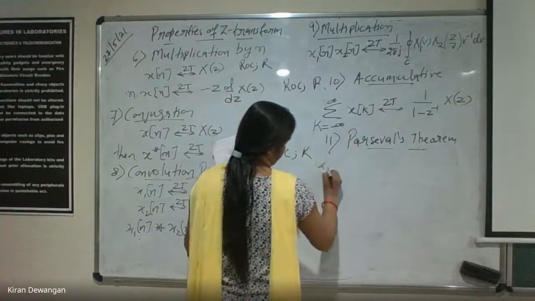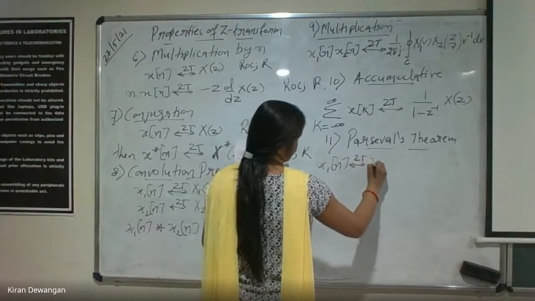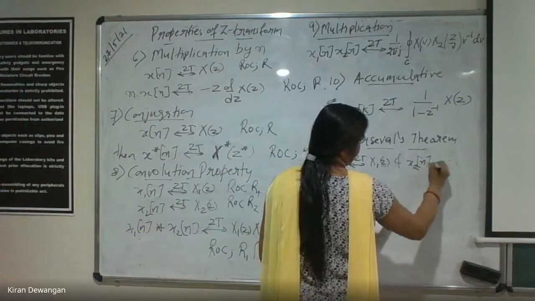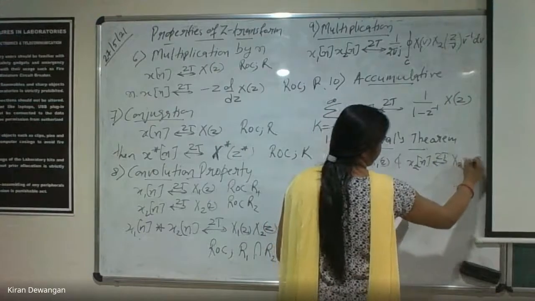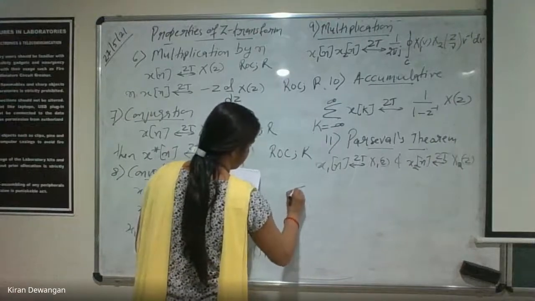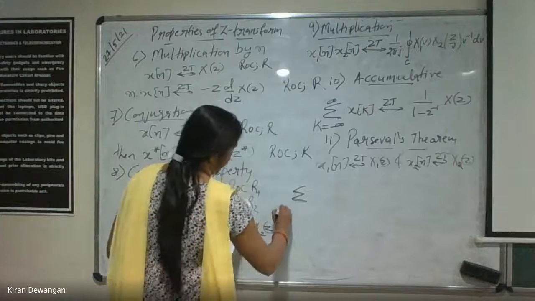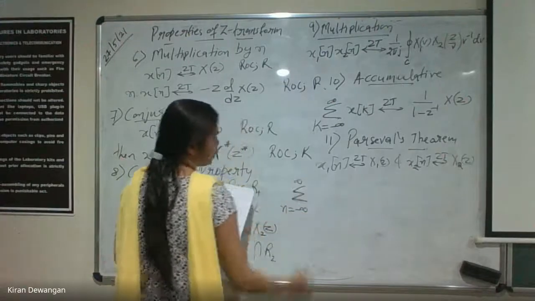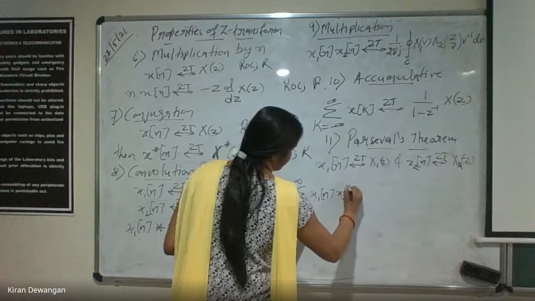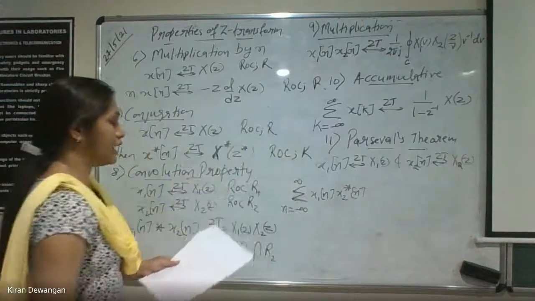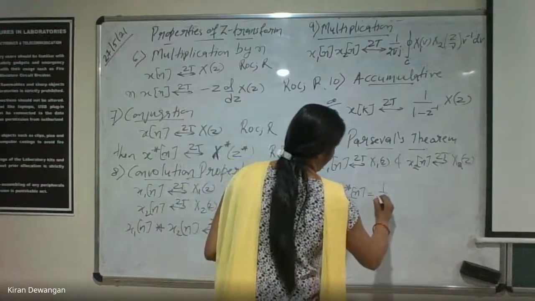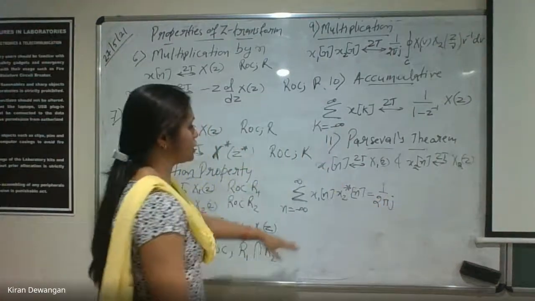If x1(n) has Z transform X1(z) and x2(n) has Z transform X2(z), then according to Parseval's theorem, the summation over n from minus infinity to infinity of x1(n) x2 conjugate(n) is equal to